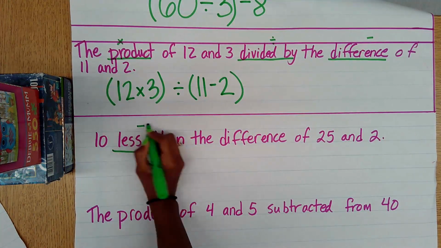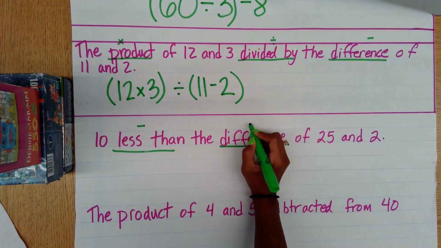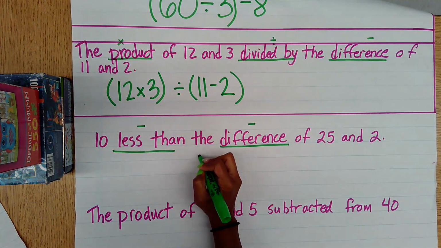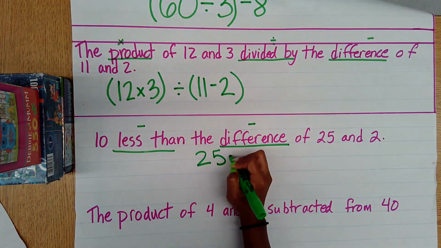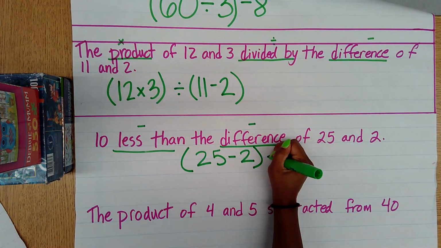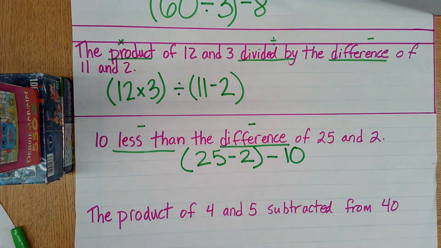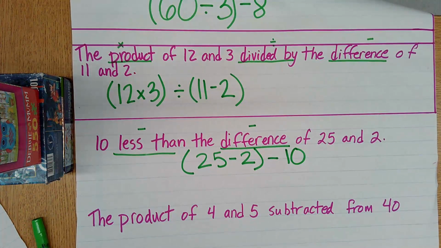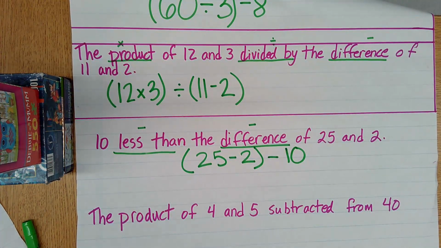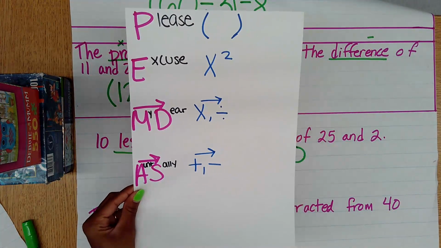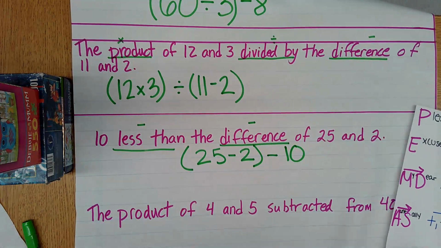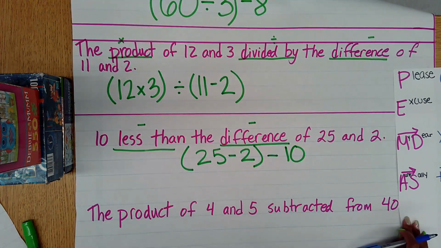10 less than, difference is the answer to subtraction. 25 and 2. So I'm going to have 25 minus 2 in parentheses because I need that answer, and then I need 10 less than that answer. So I'm going to start with my parentheses because, again, if we go back to our order of operations, parentheses is first. So I'm going to do 25 minus 2. That is going to give me